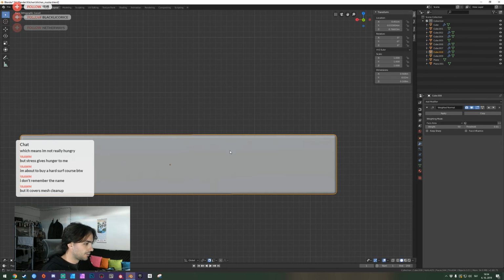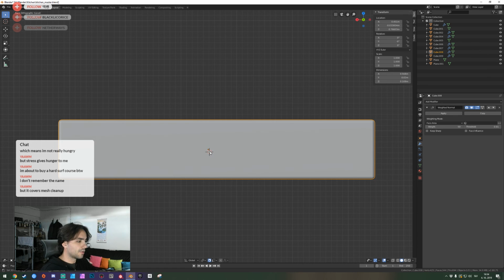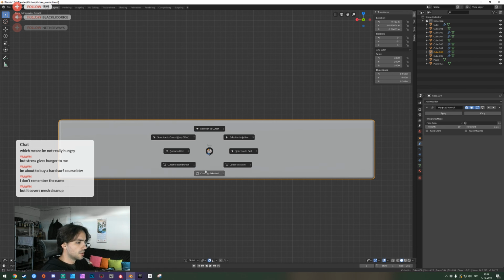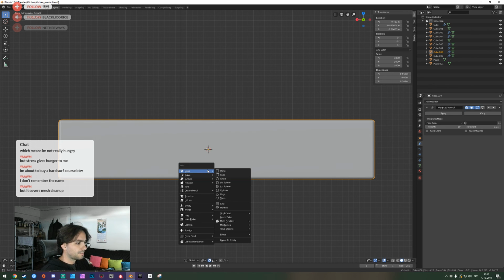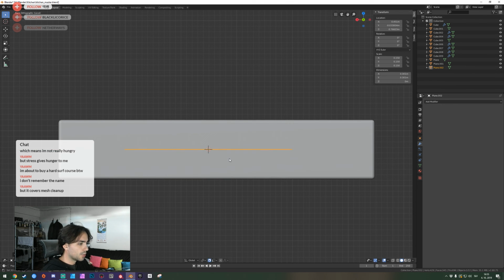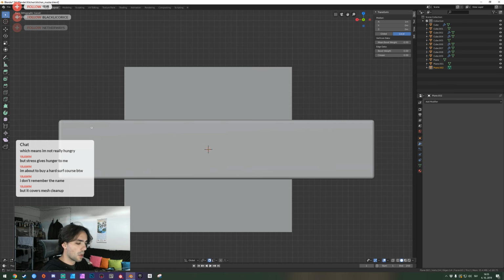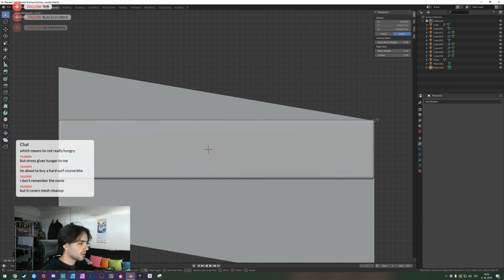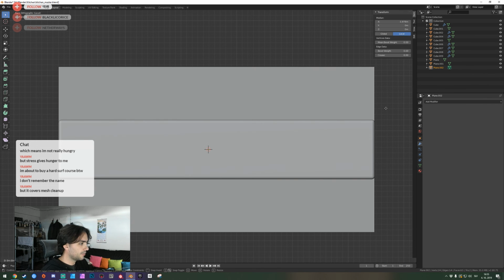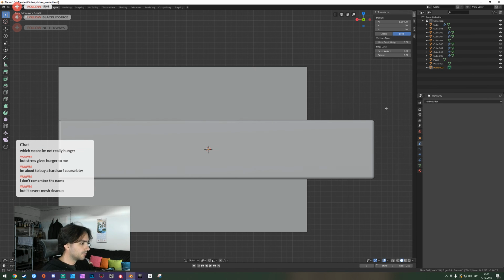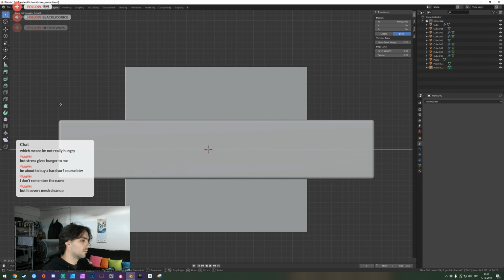Okay. So, cursor to selected. Plane. See this here. Sure. No. I turn off. 0.12. 0.12. No. Oh, that's correct. This